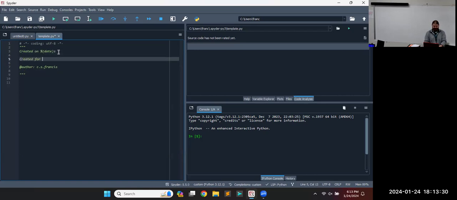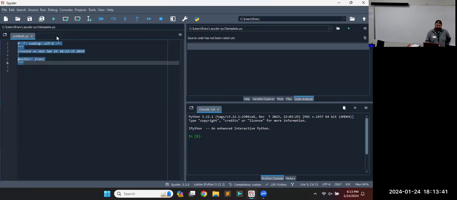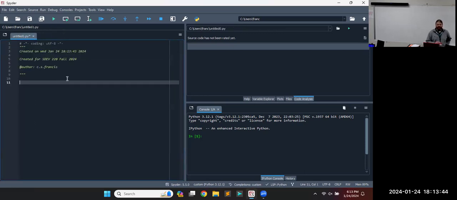Update created for SDEV 220 fall 2024, and add in whatever customization you want in the template, so that you save that template. Every time you open a new file, that's what you get for the starting point. Can be really, really useful. Every IDE should have that functionality. The difference is where the template is stored. So you just look around for some sort of button labeled template, or it's usually in the preferences and the settings, but